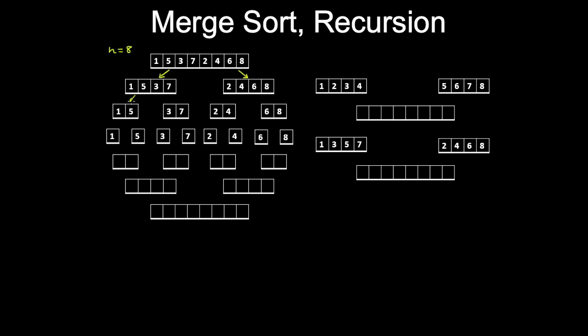And that keeps going on until we reach a stopping condition where we have separate arrays with one element in them. And then next comes the merge operation. To analyze the merge operation, we'll start with a couple of examples to see how it works and determine